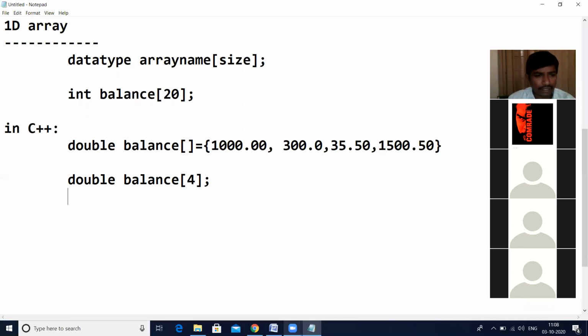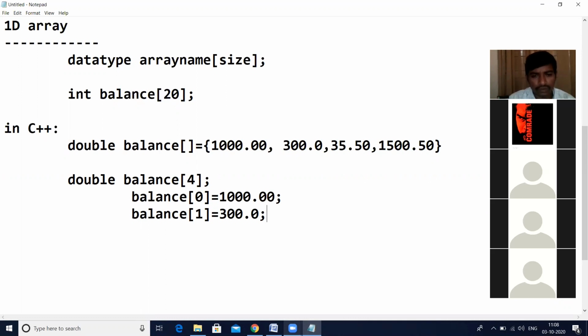Again, if you are not initializing the values, then we can initialize: balance indices 0, first element is equal to 1000. Then balance, first element, this is the 0th element over, then the first element is 300.0.